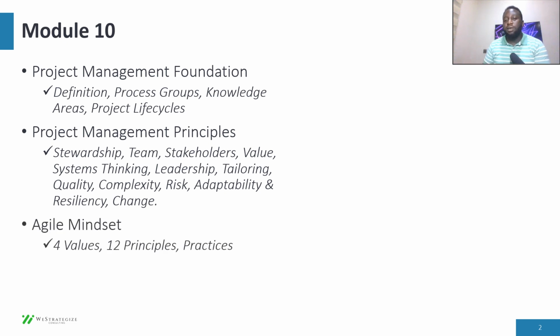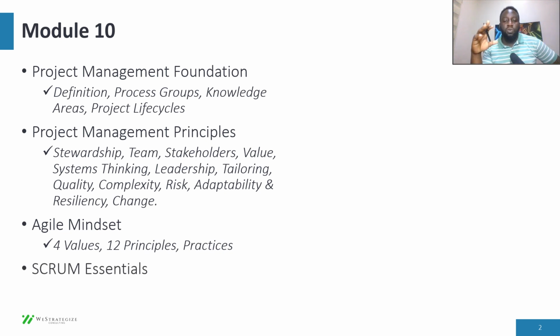We're also going to look at agile mindsets. How are we able to execute projects in such a way that we're adaptable, we're resilient in the face of challenges, in the face of what is called VUCA. And I'll explain some of this here, right? In the face of volatility, uncertainty, chaos, complexity, ambiguity, in the face of all of that, how are you able to run your project in a way that it still delivers value, regardless of all factors, external and internal, around you? So there are four values we look at, 12 principles, and numerous practices,